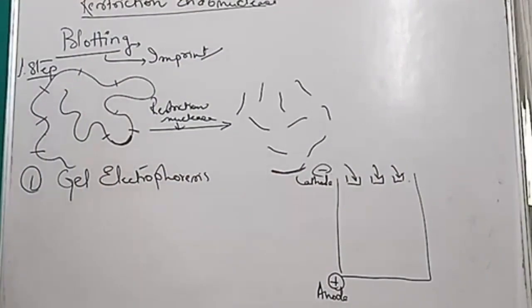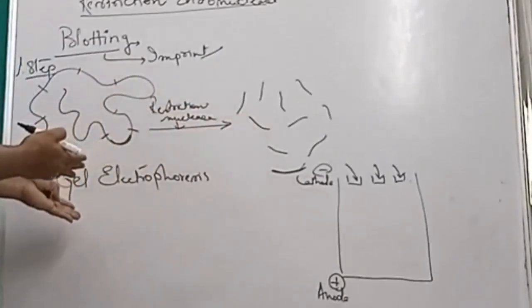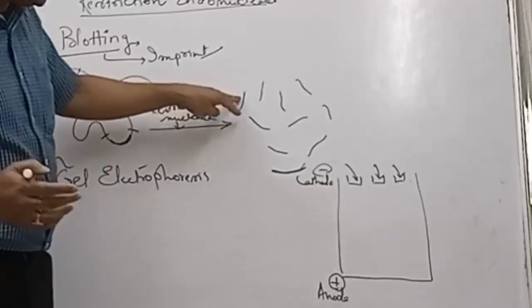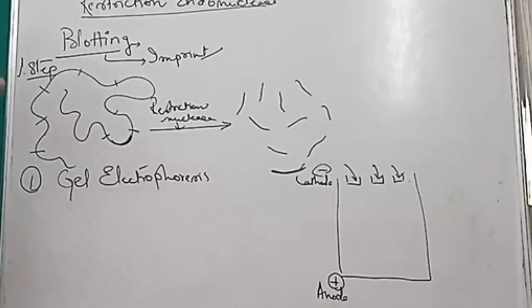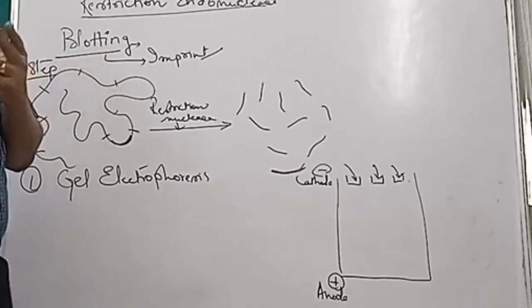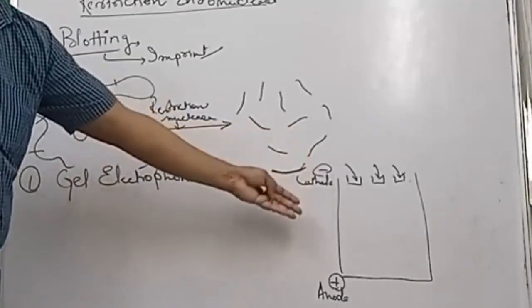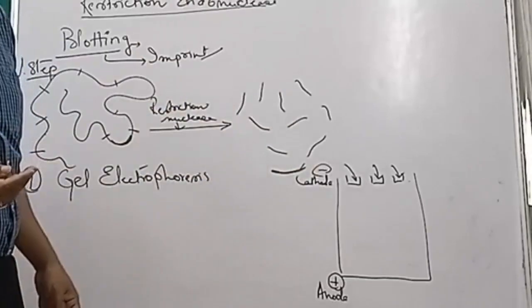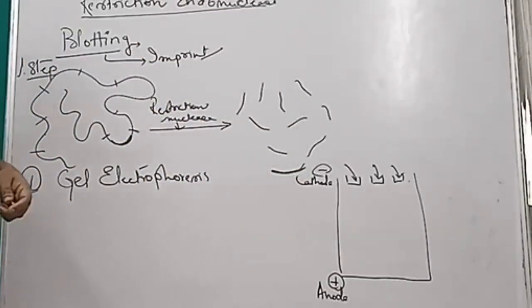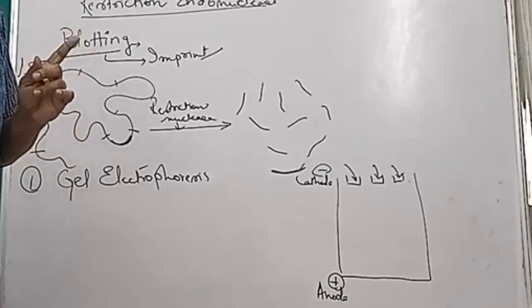Fine. So what is the need for undergoing this electrophoresis? The need is that these particular fragments differ by certain length, isn't it? They differ by length. This electrophoresis has extremely high resolving power. Two DNA fragments, if they are separated by at least one single base, will be resolved in the gel itself, right? So if I am using polyacrylamide gel, I can get a fragment of 1000 base pairs, right?